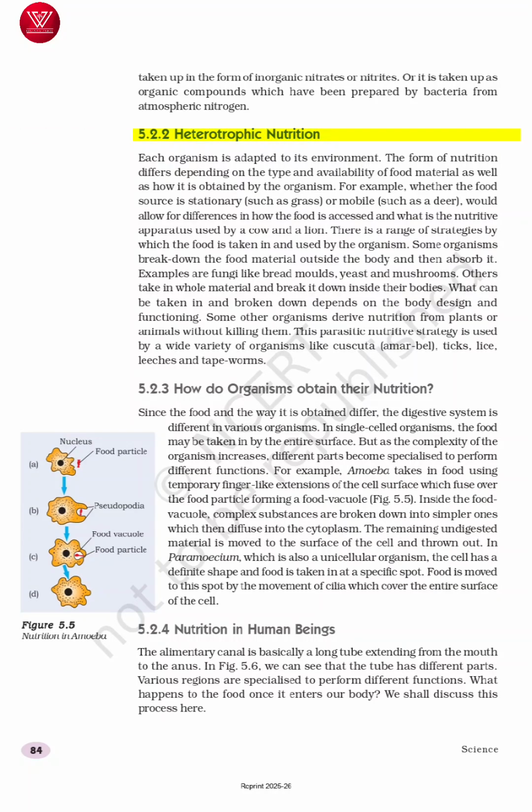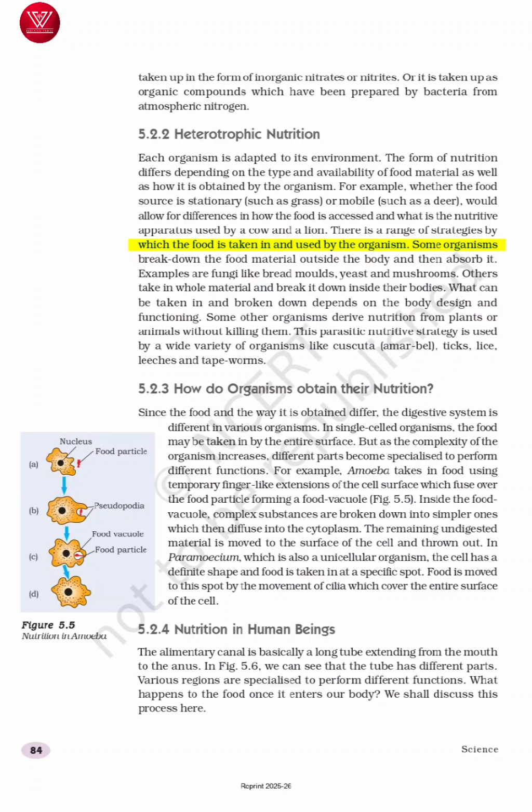5.2.2 Heterotrophic Nutrition. Each organism is adapted to its environment. The form of nutrition differs depending on the type and availability of food material as well as how it is obtained by the organism. For example, whether the food source is stationary, such as grass, or mobile, such as a deer, would allow for differences in how the food is accessed and what is the nutritive apparatus used by a cow and a lion. There is a range of strategies by which the food is taken in and used by